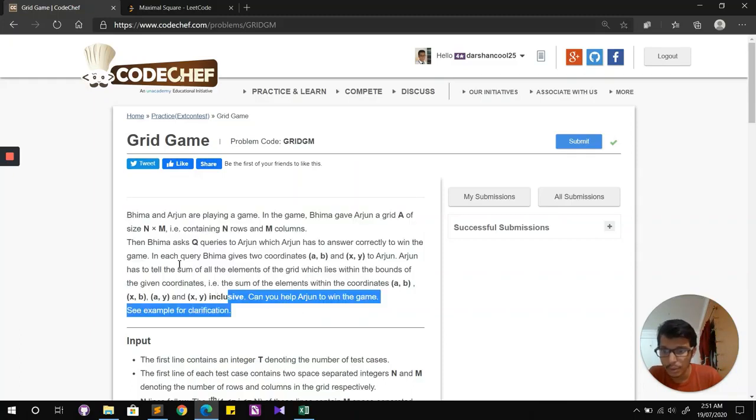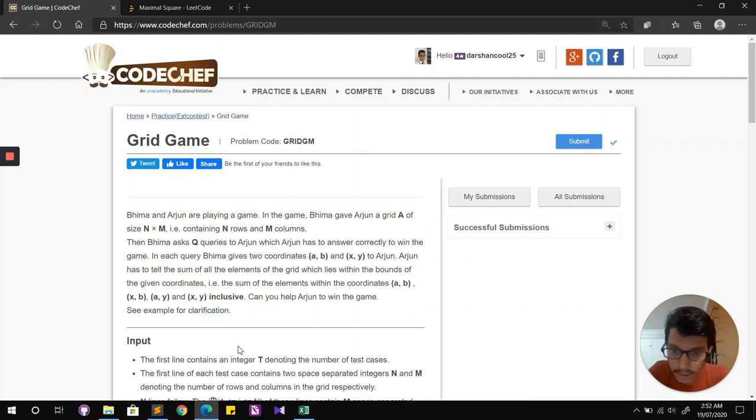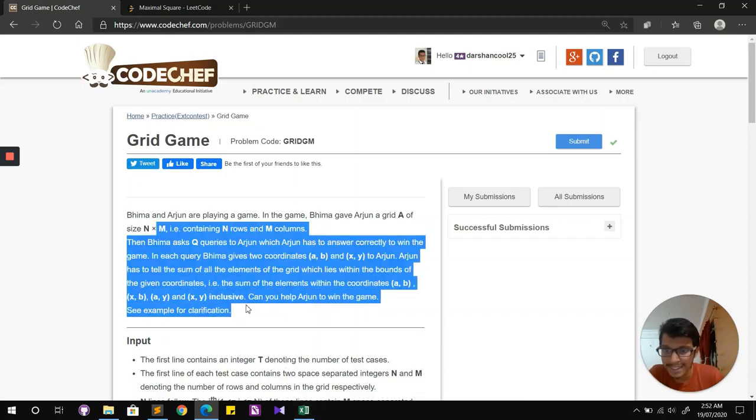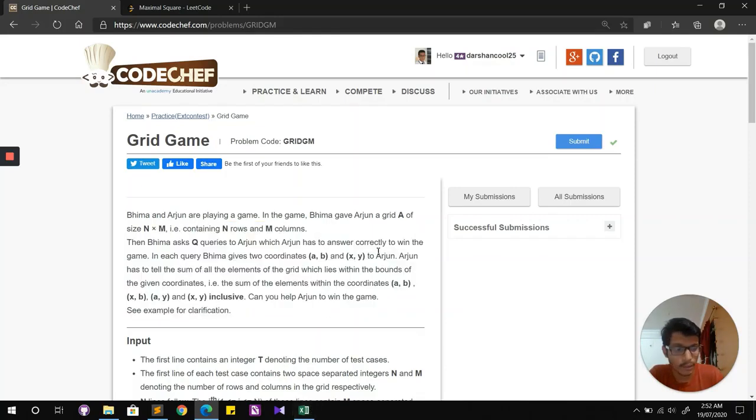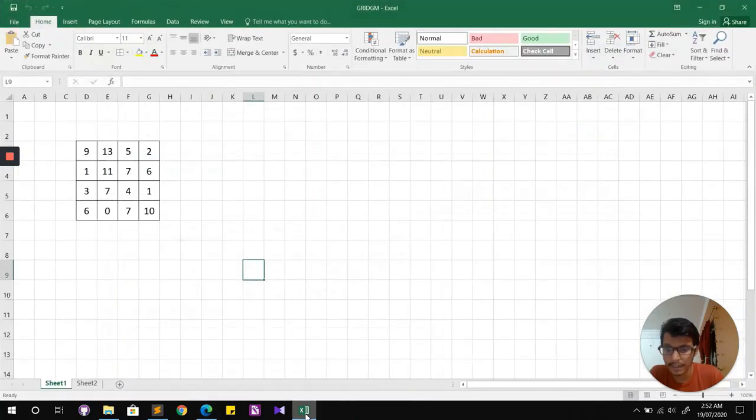Before we go to the input constraints and everything, I want to make sure that you have understood the question. As it is a matrix question, what better way to illustrate it than Excel? I have a sample matrix over here.